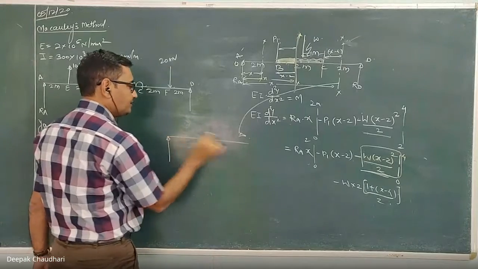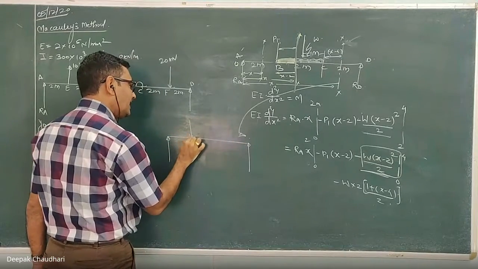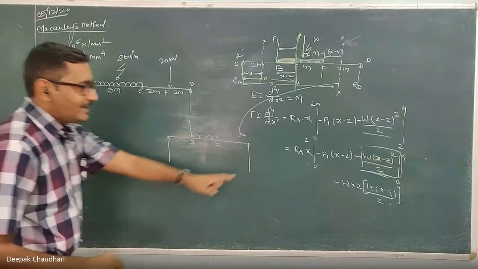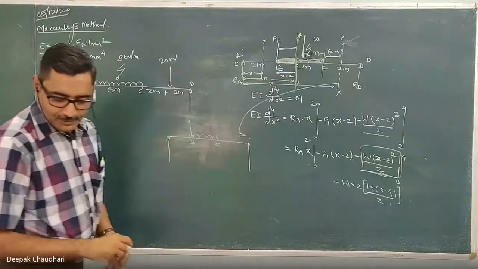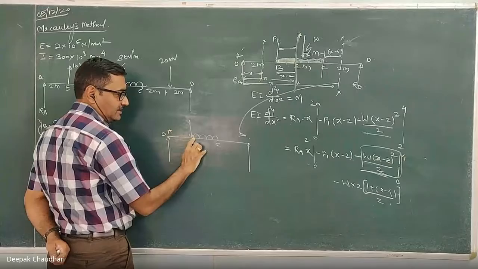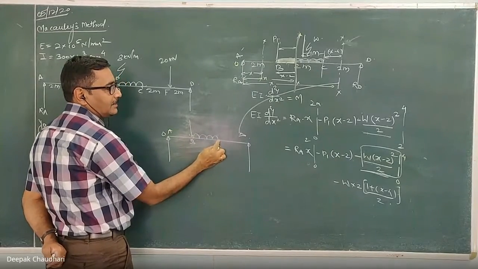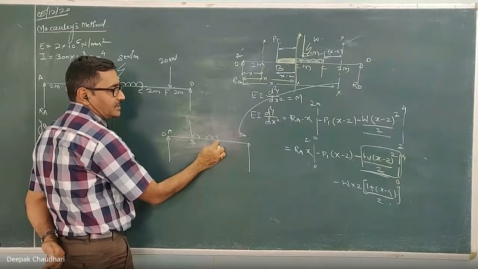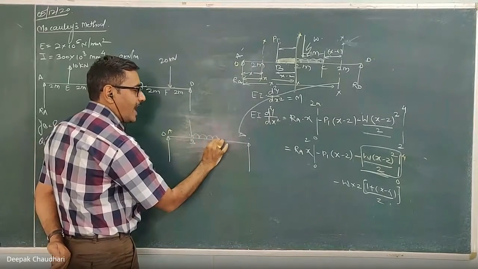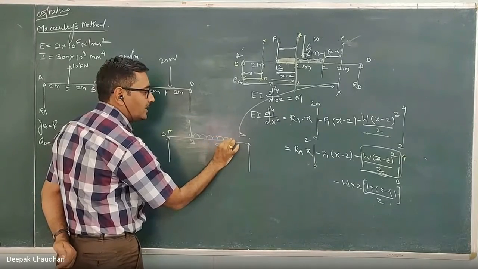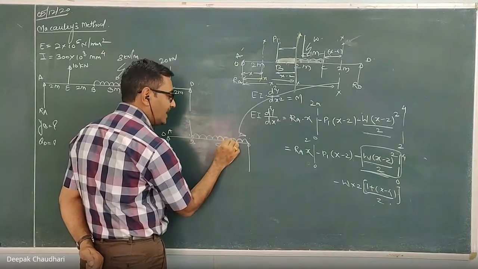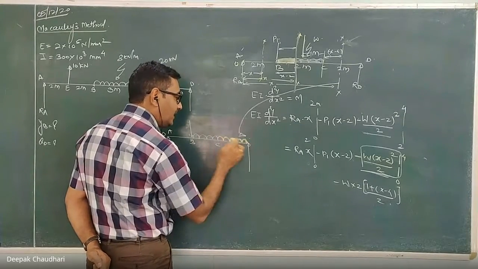what you have to do, if there is a UDL at the intermediate point only, here to make this equation or this term valid for the bending moment, suppose I consider A as the origin and if this UDL terminates or ends at some midpoint, okay, then in that case to make this term valid, here you have to add the additional UDL over this beam up to the end of the beam. ये एडिशनल UDL मैंने ऐड किया, कहां तक ऐड किया, अप टू द एंड ऑफ द बीम.